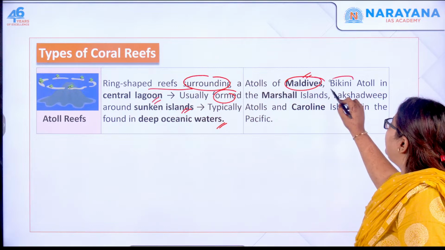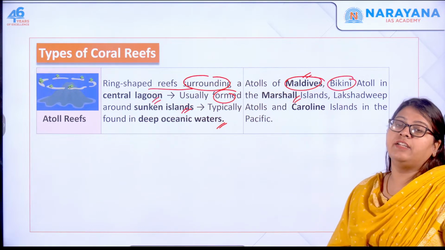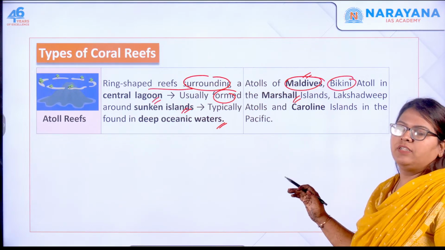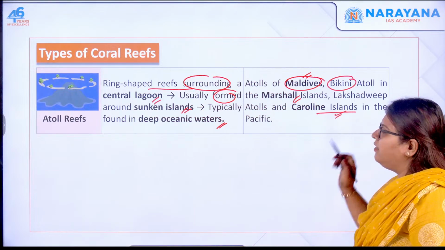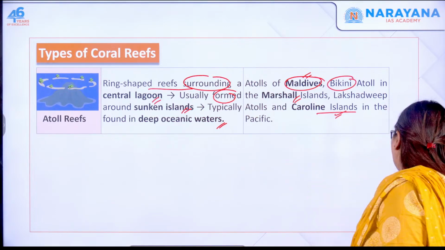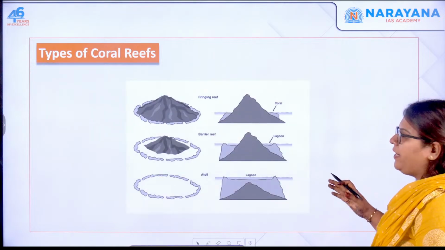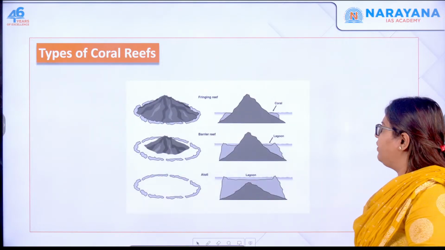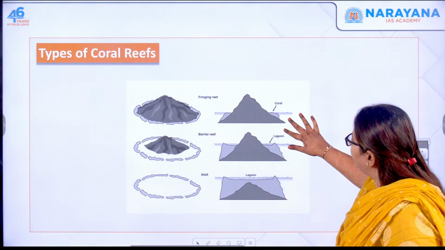Then Bikini Atoll of the Marshall Islands, and it is also found in the Lakshadweep atolls and the Caroline Islands in the Pacific. So these are examples of different types of reefs, a better picture for you to understand. Okay, so if I have to zoom it for you guys,